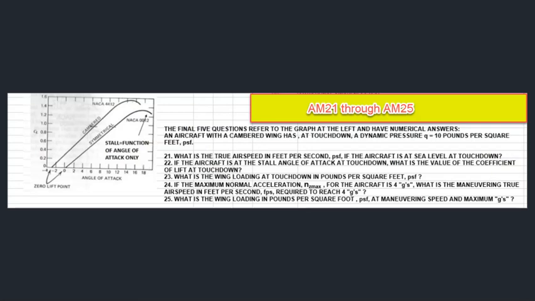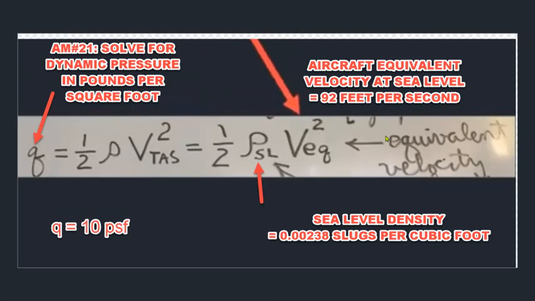We're going to focus on AM 21 through 25, starting with the true airspeed in feet per second of the aircraft at sea level at touchdown. And that's the simple formula that's been on my board. If you know that the dynamic pressure is 10 pounds per square foot, and you know sea level density 0.00238, then you can solve for the equivalent velocity, and that turns out to be 92 feet per second at